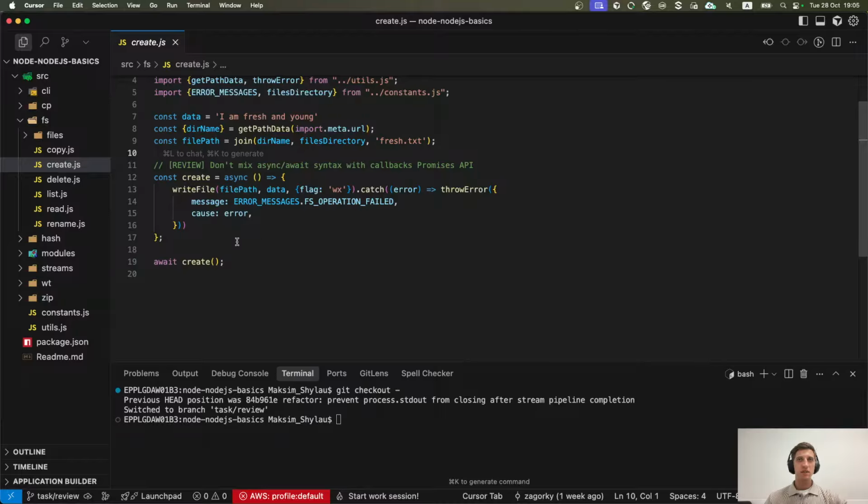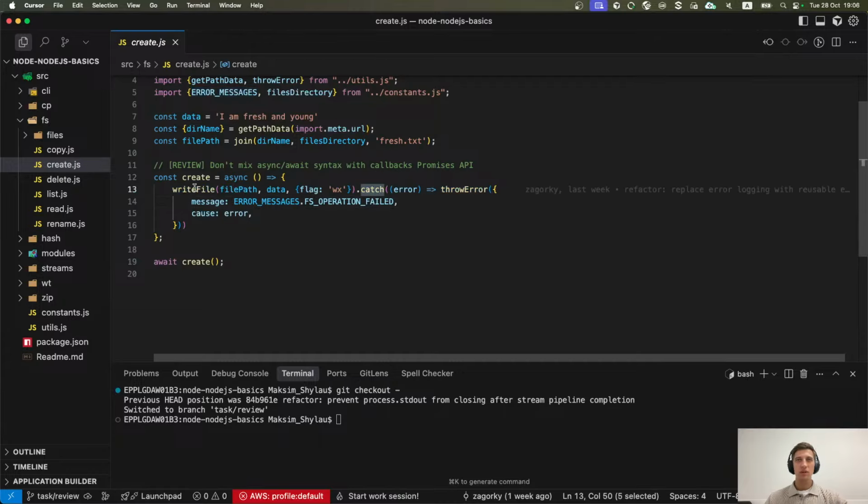You can see that create is an asynchronous function. It's explicitly mentioned because it uses the async keyword before its definition, and here the student used callback API style using catch, which is the promises API.